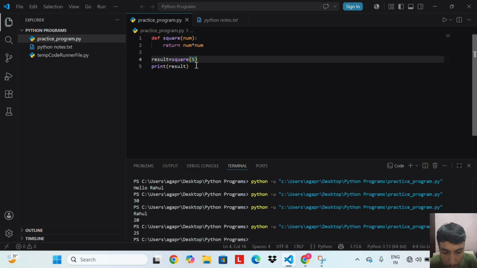The difference between print and return inside a function: print just displays something on the screen, return actually sends the value back so you can store it, use it in a calculation or pass it to another function. Once Python hits return, the function stops immediately. Any code after it in the function will not run.